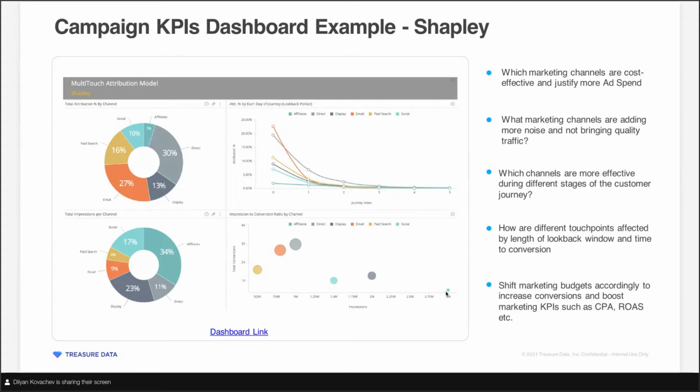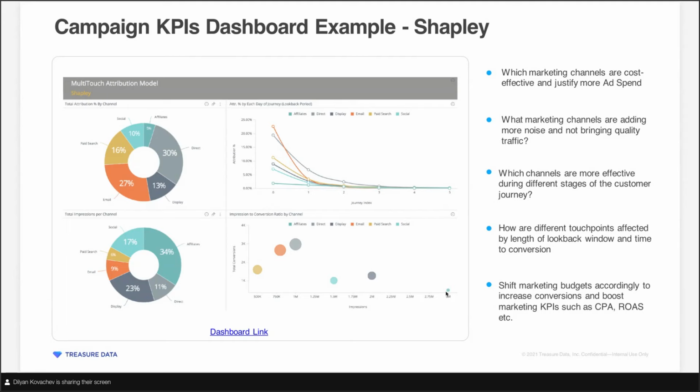Like I said, this model has a time component, so you can actually learn from the real data which channels have more effect on conversion during different stages of the journey. You might see that some are mostly effective at the end, so those would be good candidates for a last touch. Some might be more effective at the beginning, and those would be good candidates for first touch. And some might be effective in the middle or throughout the whole journey. Then you can use all of that to decide how you might want to adjust your marketing strategy.